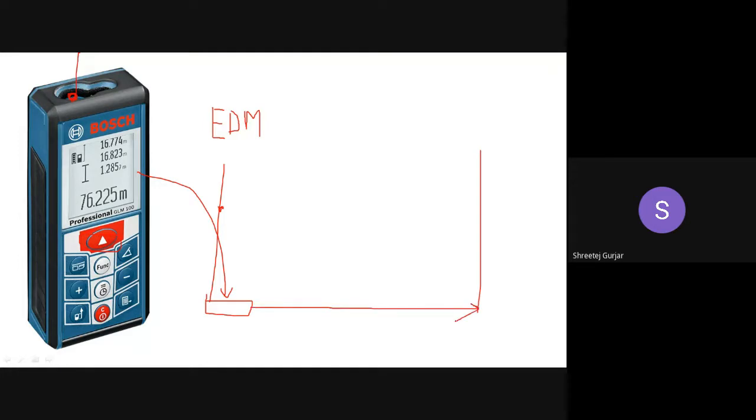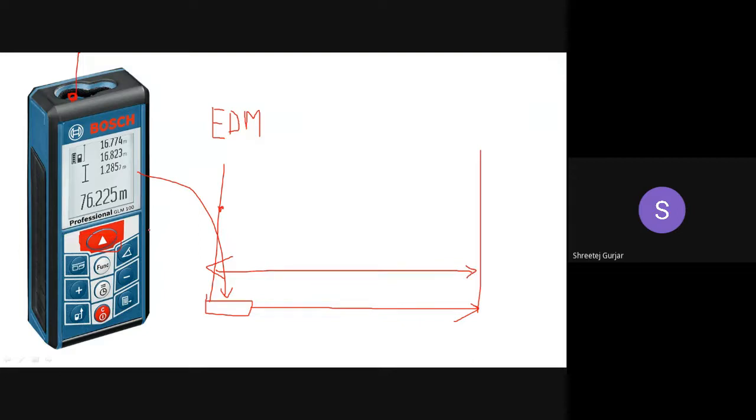Okay, it is an electronic distance measuring instrument, a very simple electronic instrument wherein it shoots a laser from this point. You can see we have a button. It will shoot laser like this, and it will measure the distance between 2 points. Suppose you have a wall over here and one more wall, right? You have a room. You place this instrument over here like this, and you press the button. It will shoot laser, and it will tell the distance between these two walls.